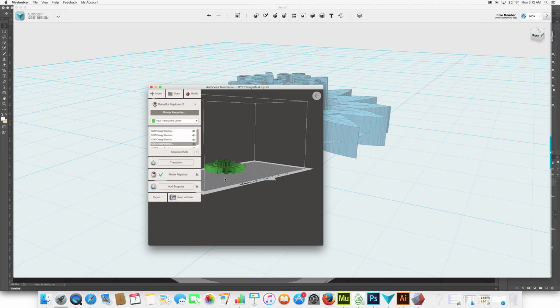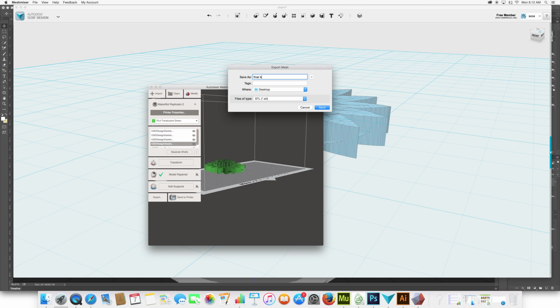I'm going to send that to the printers. Obviously, you're not connected to the 3D printer, so just hit Save File. But this will create that final file, and you will write final bracelet, or final charm, final whatever it may be, and save that. And that's the file you'll send to me. I hope that